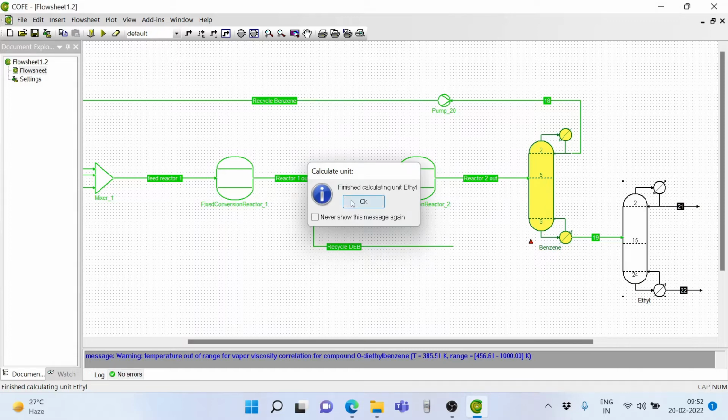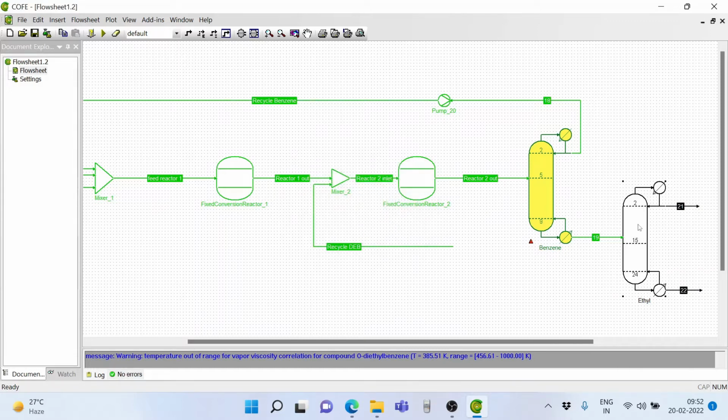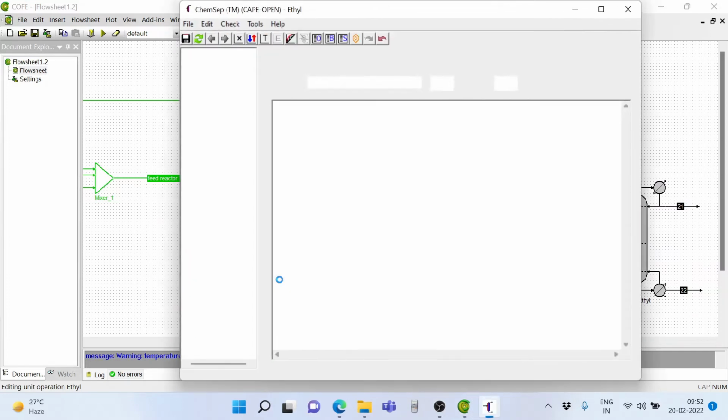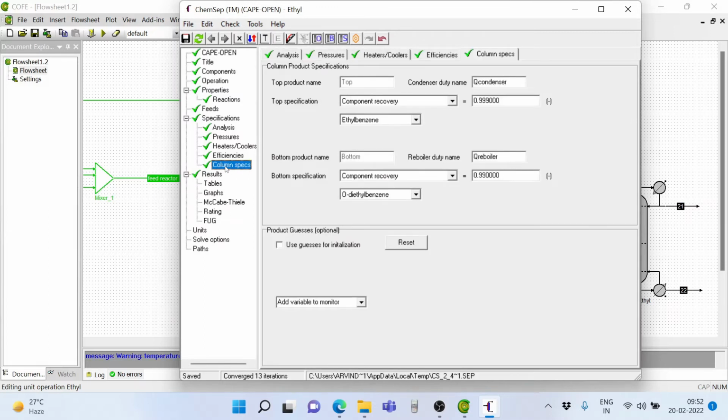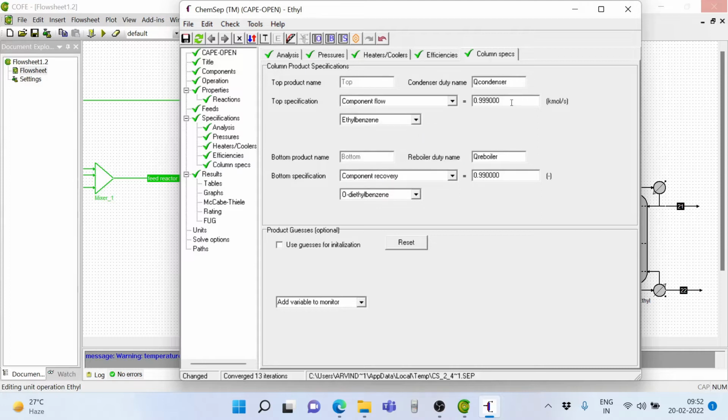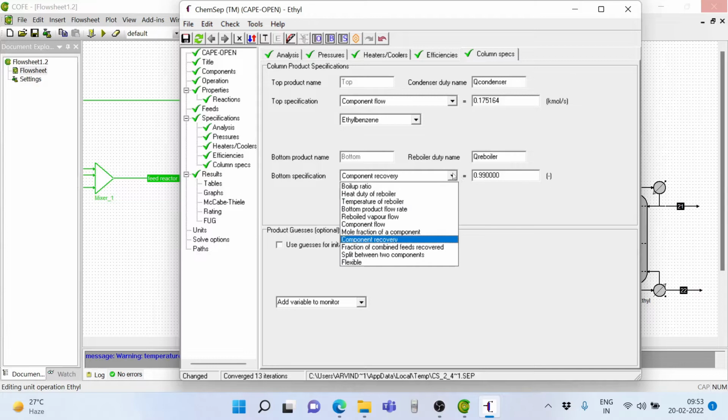So it has converged. Now to improve these results, we can use another trick up our sleeve, which is give the flow rates. Now instead of component recovery, what we give is component flow and the component flow of ethyl benzene. Now we know that the component flow of ethyl benzene is 630.59 kilomole per hour. So we enter this, and the component flow of diethyl benzene,